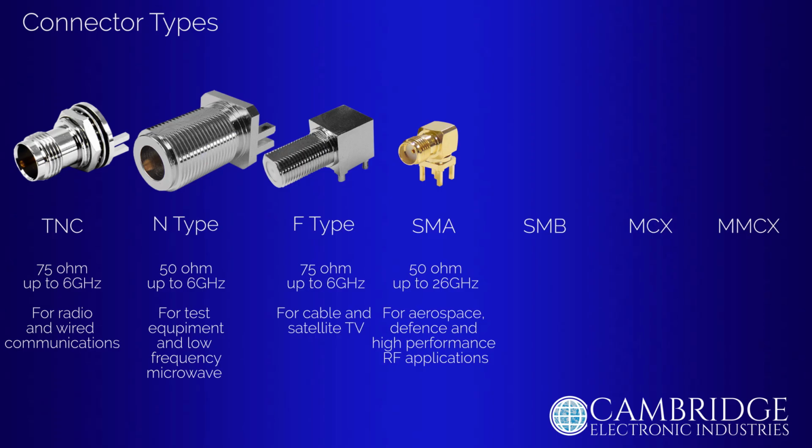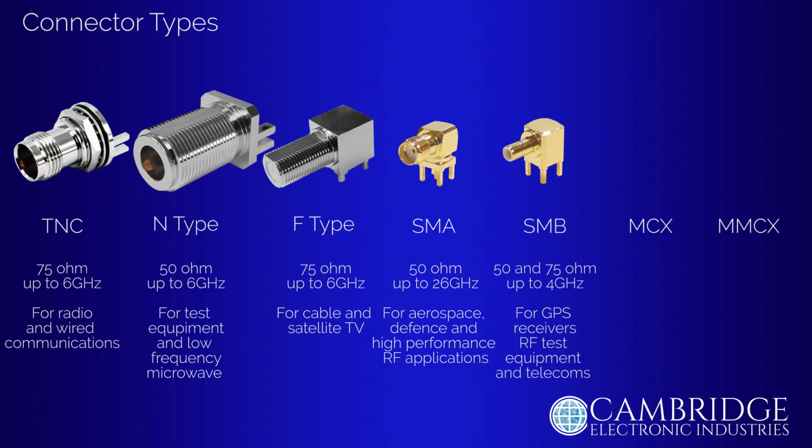signal leakage. The SMB Subminiature Version B connector is a smaller variant of the SMA and uses a snap-on coupling mechanism for quick connection. They are available in both 50 and 75 ohm versions, with an operating frequency up to 4 GHz. The SMB range is sometimes described as reverse polarity, as the plug features female contacts and the sockets